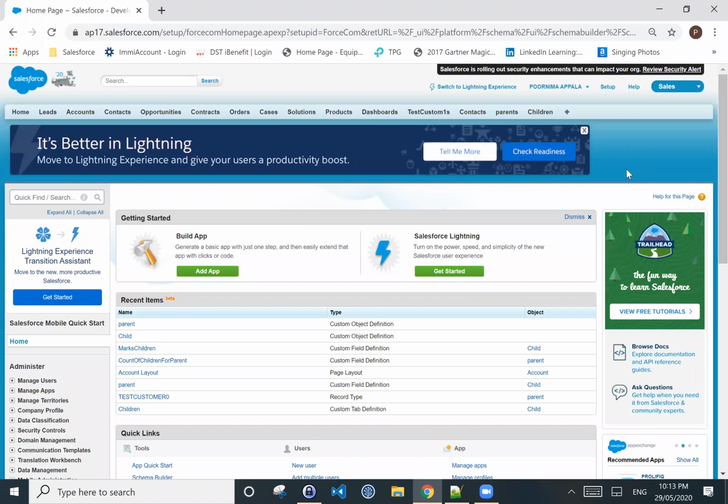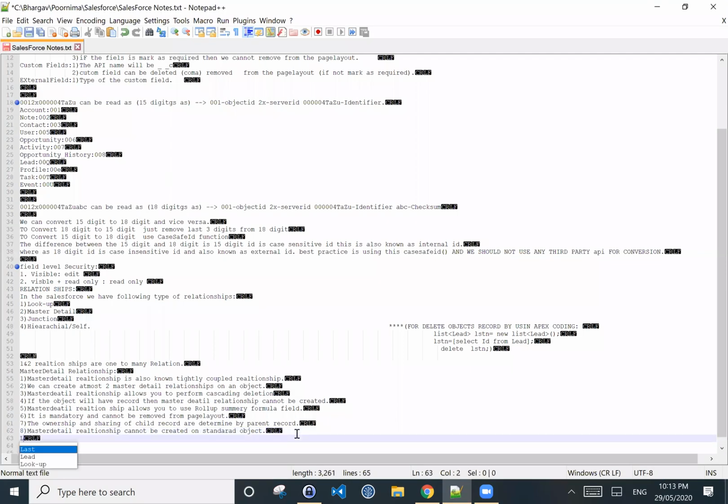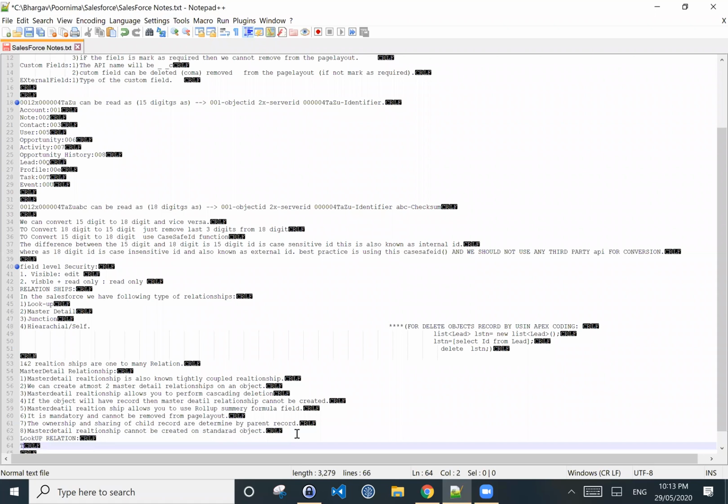So, let's note down some points related to the lookup relationship. This relationship is totally different from the master relationship. You need not write everything down, because when we discuss the points, you will get to know.